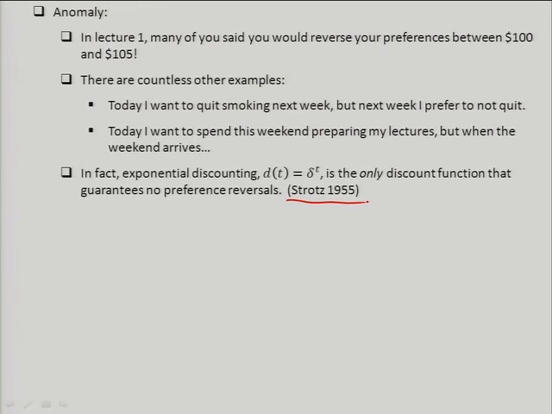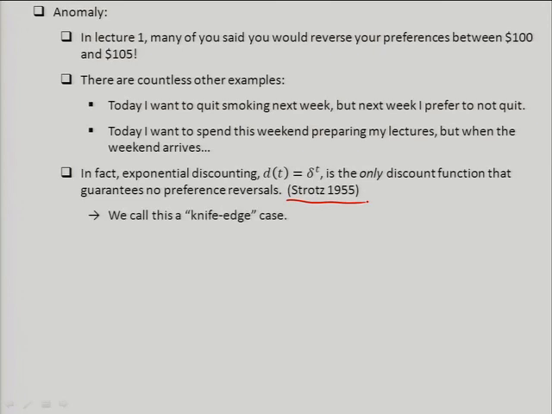Okay? Now, the set of possible discount factors is an infinite set. And there's only one element in that set that gets you this nice, consistent, time-consistent, rational result. Well, if we just landed from Mars and didn't know what that discount function should be, and assumed that there was some distribution of probability over what function it might be, if there's only one element in an infinite set that actually gives you a result, what's the probability of that one element actually being the correct one? 0. Right? In an infinite distribution, the probability of any one number actually showing up is 0, which is a kind of an odd thing in probability theory.